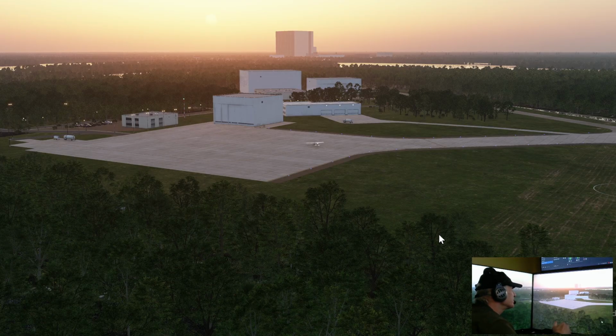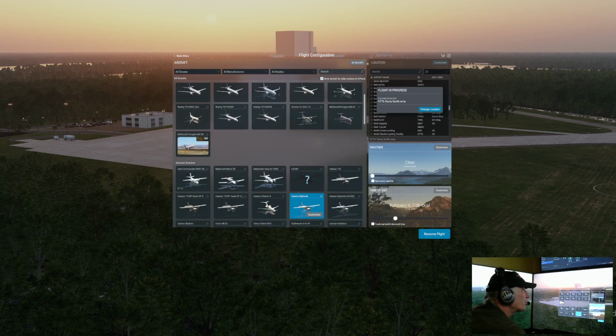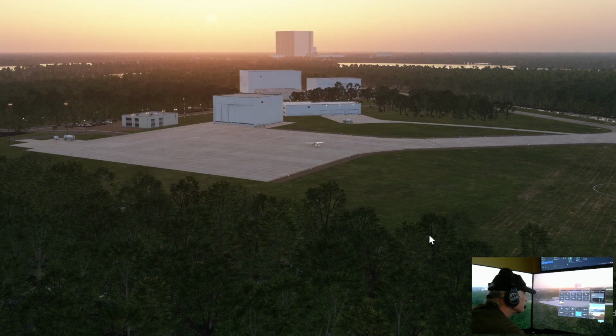So then it'll go through its little thing like that. It's usually pretty quick. Now, there's another way to do this. You could come over here and hit your menu from the airplane on the right-hand side, and you can go through the whole thing again. Okay, I got the time set for the morning. Let's resume flight. The other way is we can come into the instructor panel. But before that,